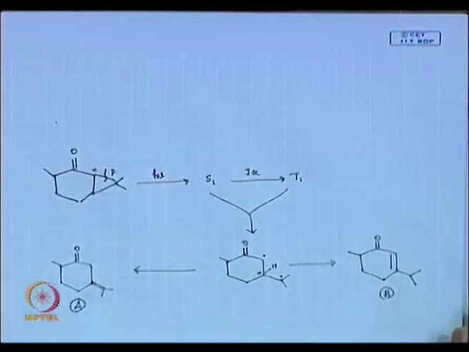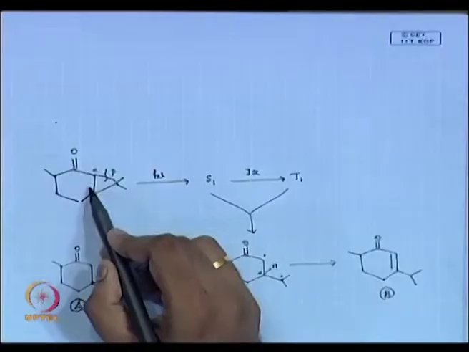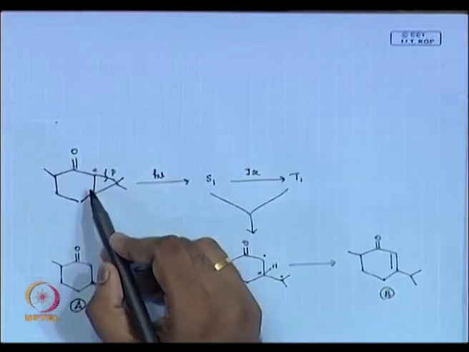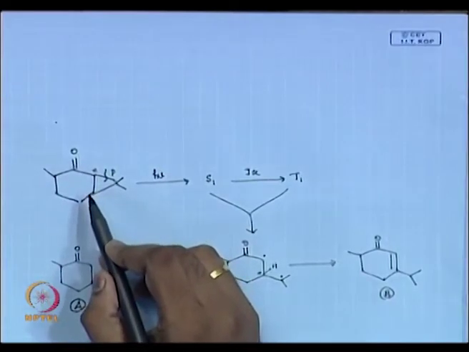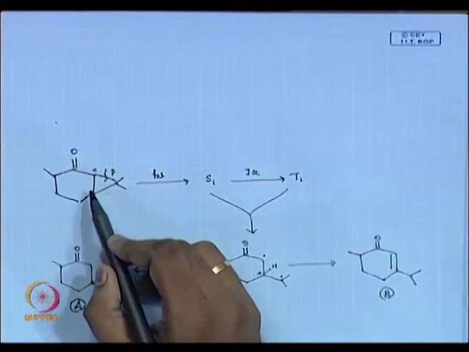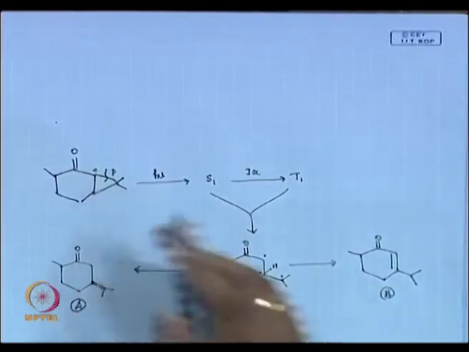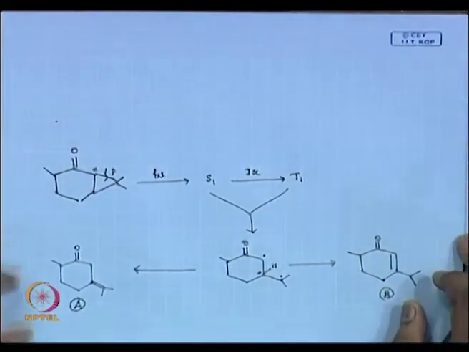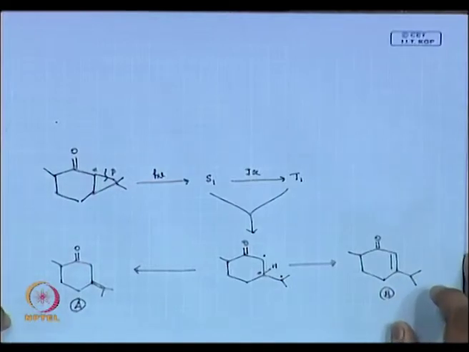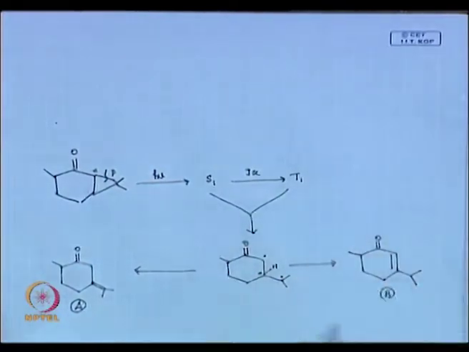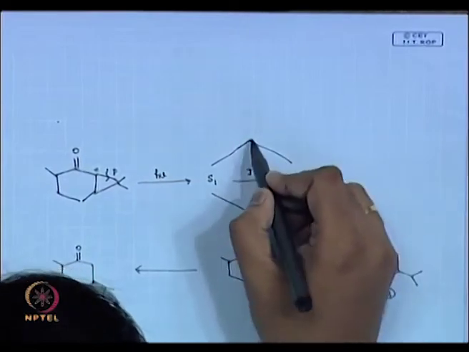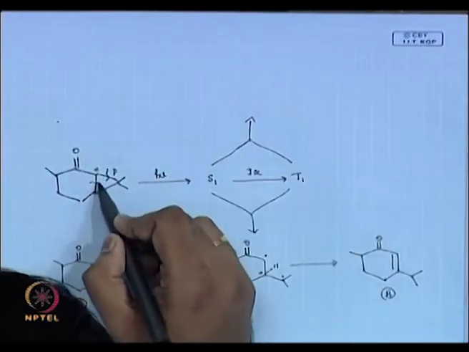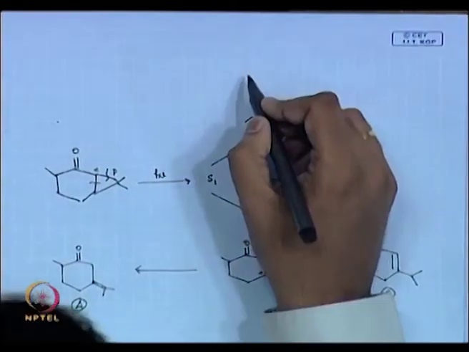Now, you have another question to ask yourself: I have another alpha beta bond here, can I break this? Whether the molecule tries to break this alpha beta bond. In the previous case I broke this bond, I wrote a cyclohexanone, cycloheptanone type of system. In this case, can I break this? Just try and see what you get, why you should not break. If I break this bond, okay, what should I get?